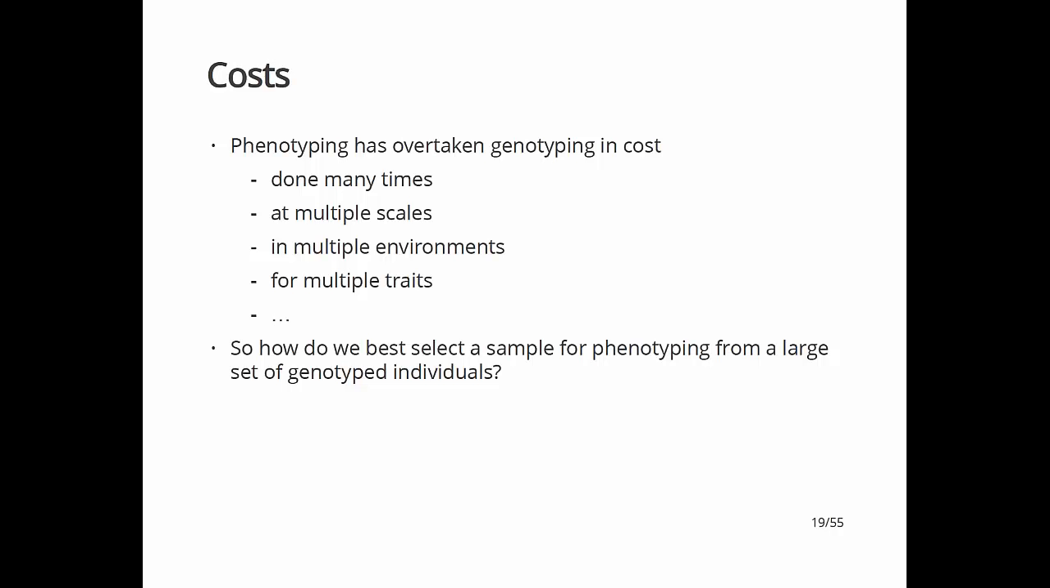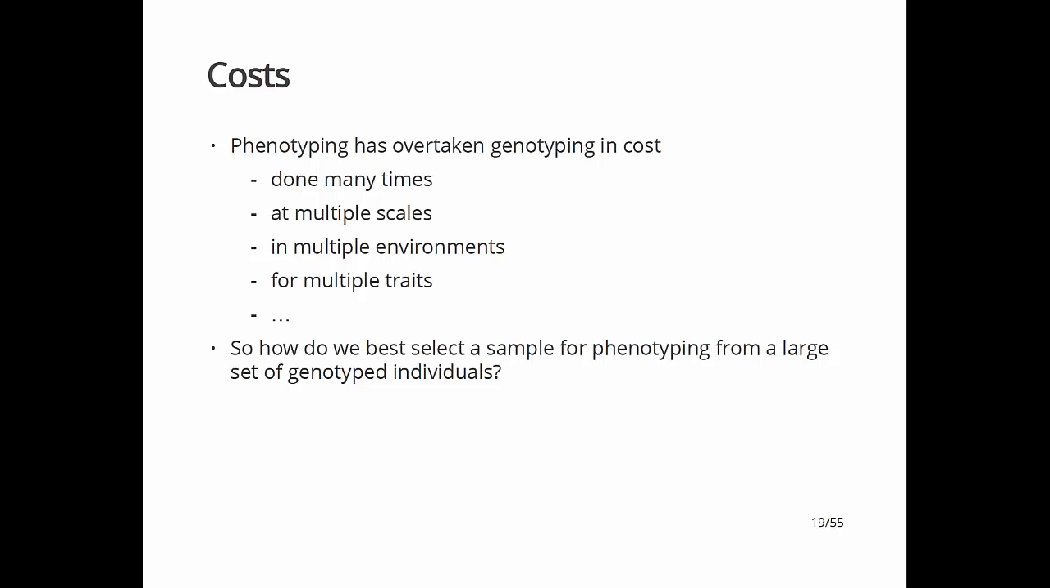Partly because you have to do it many times. You only have to do the genotyping once if you're just using one platform. You're doing phenotyping at multiple scales, in multiple environments, multiple traits, and so on. And so the question came up, well, how do we best choose which individuals to phenotype, given that we have all of this genotype information on our individuals? Can we do a better job than just